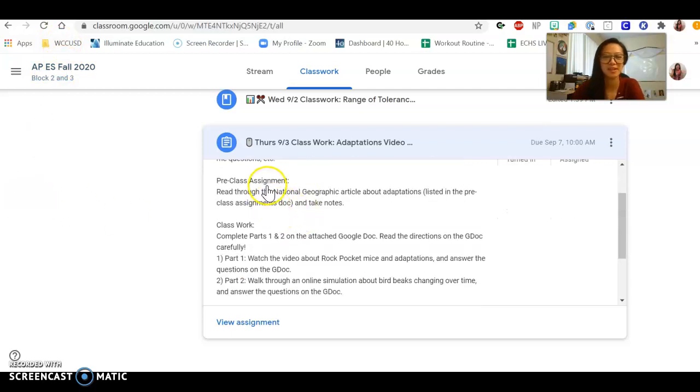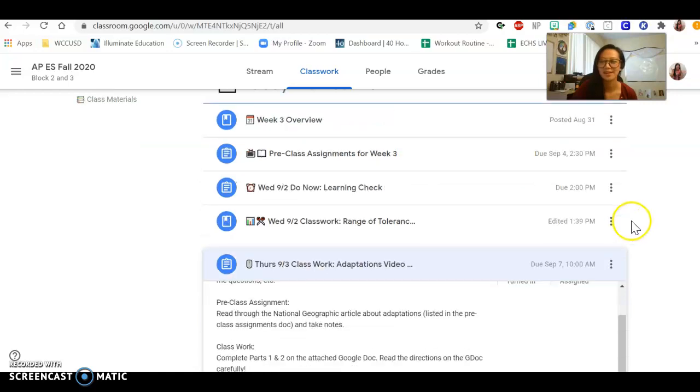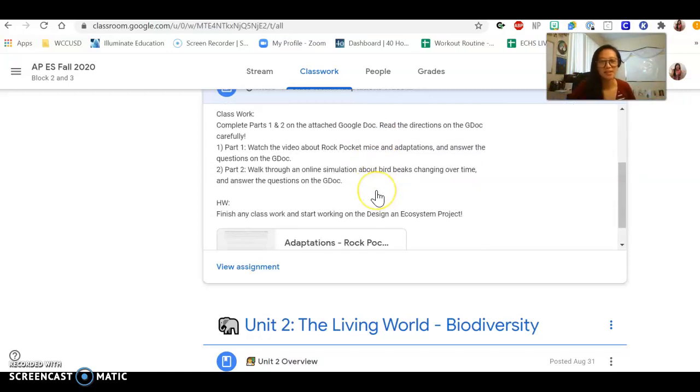So first thing is there's still a pre-class assignment, so head over to the pre-class assignments that are listed right here for week 3, and then go ahead and do the one for Thursday. It is a National Geographic article about adaptations. It's going to tell you what adaptations are, and it's going to basically talk you through some examples of adaptations. Cool. And then in terms of classwork for Thursday, I would love for you to complete parts 1 and